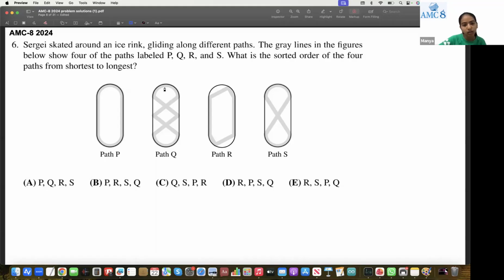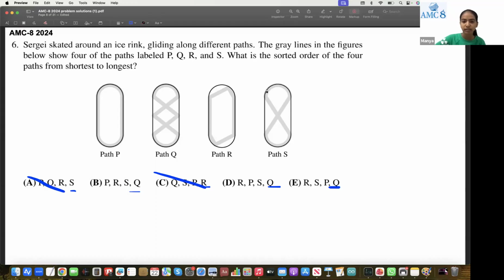Well, we obviously know that the longest path is Q since it goes like this, and it will take the longest amount of time. So Q is definitely the longest, so Q should be going here. But now, if you look at it, only these 3 answer choices will be containing Q as the last place. So A and C cannot be the answer choice. Then we obviously know that